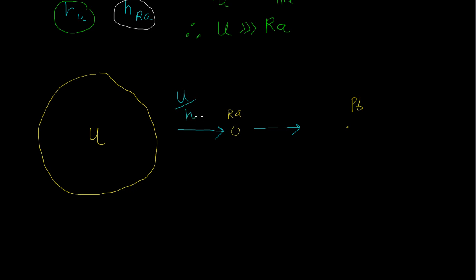Well, half-life of uranium. In this case, we have a very long half-life, so a very slow decay rate, but an enormous reservoir of uranium. As a result, the amount of radium trickling in is exactly equal to the amount of radium trickling out, which depends on a much smaller reservoir of parent, but a much faster